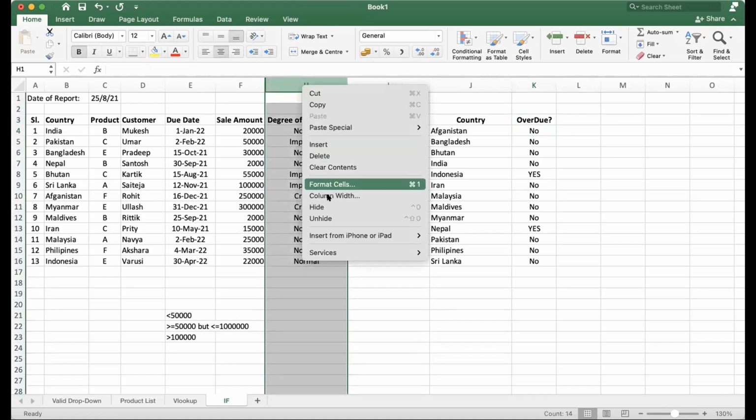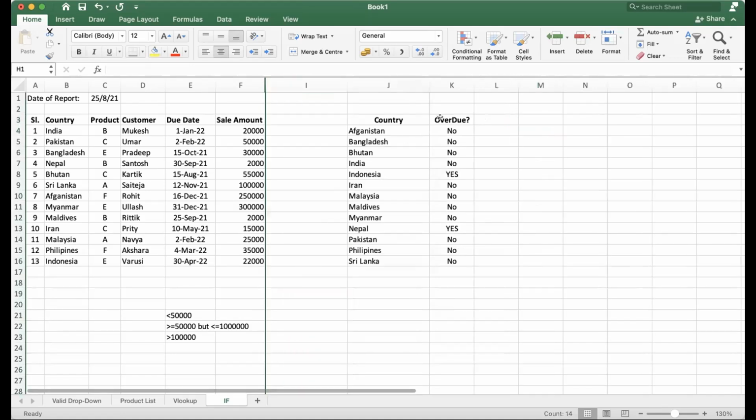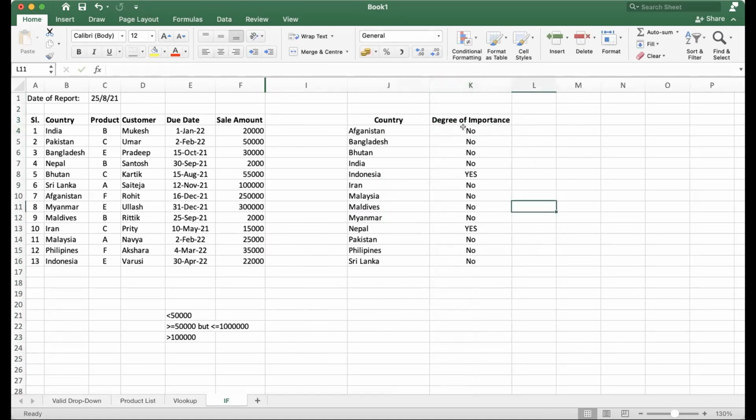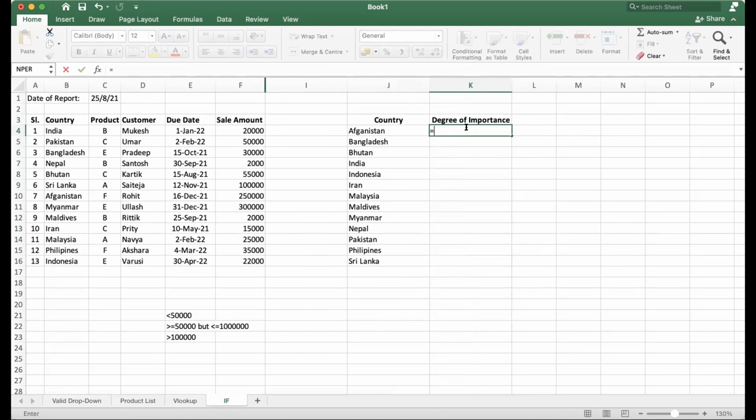So we just want to find the degree of importance. So let us hide this one as well. So degree of importance. Okay, now let us delete this one. Forget about what we have done before. So let us do it from the very beginning. So now we will write equals VLOOKUP